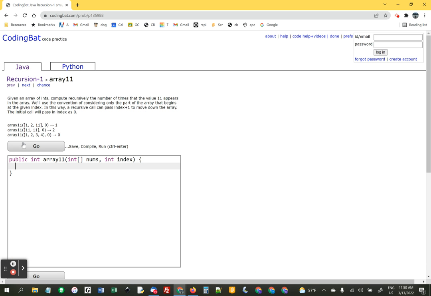We have 3 more. We got an array of ints. Compute how many times the number 11 appears. So let's do the same base case. If index is greater than nums.length minus 1, we're going to return 0 because that means we got called and there wasn't anything more to check. So there aren't any 11s in that part we're not allowed to check, meaning off the end. Now we're going to check if nums at index is equal to 11. We're going to return 1 plus